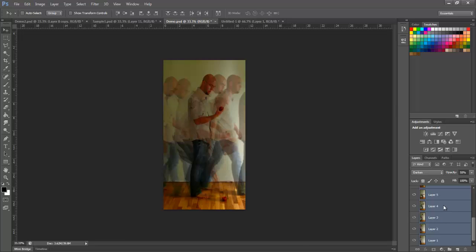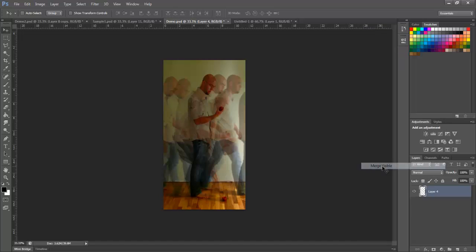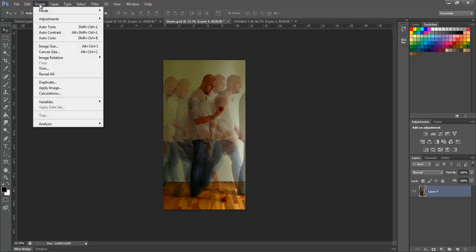And so we'll go about this a different way. Right click, let's just go ahead and merge the visible. And you can see that did exactly the same thing as selecting all and merging the layers I had selected. So then from there, we can make a couple of adjustments in here. I may not really care for how this is